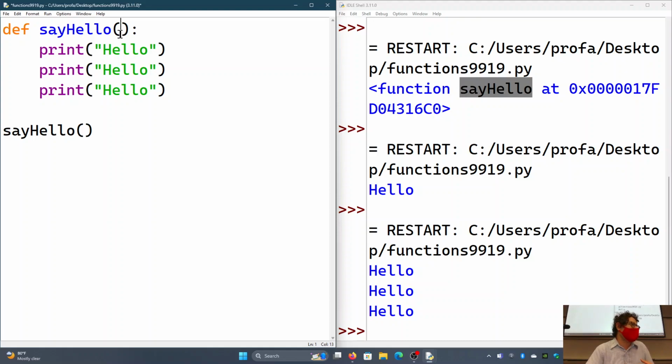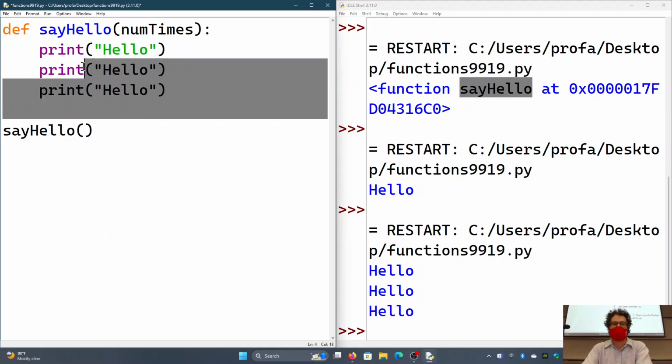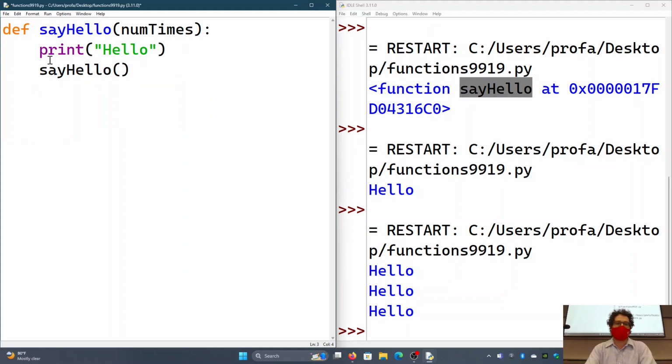I'm currently in the middle of writing a textbook, and literally this is the only time I remember, and I have to look at my own textbook to remember which one is which. So if you confuse argument and parameter, don't worry, everybody else is too. So nobody cares. So anyway, what we can do is add a variable name here, like num times. Maybe I want to do say hello, and the objective now is I want hello to repeat not 1 time or 3 times, but number of times.